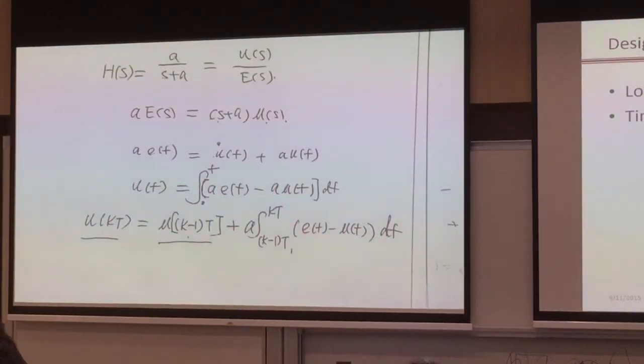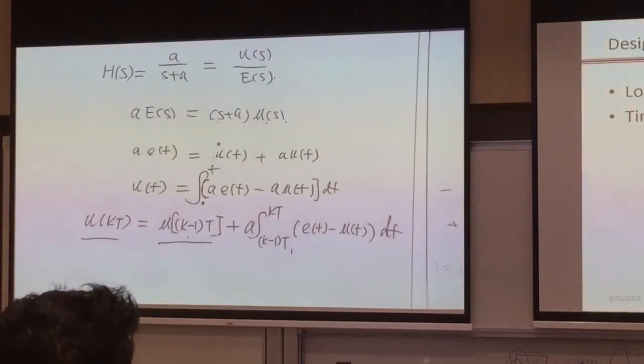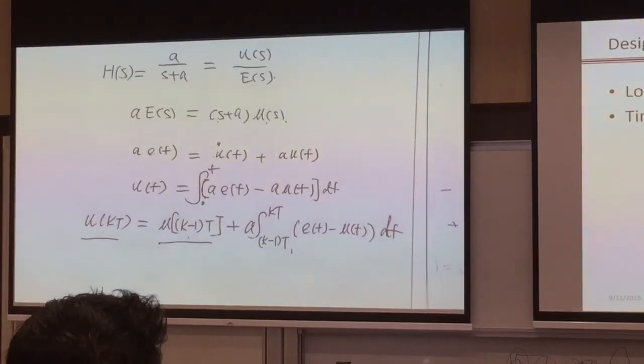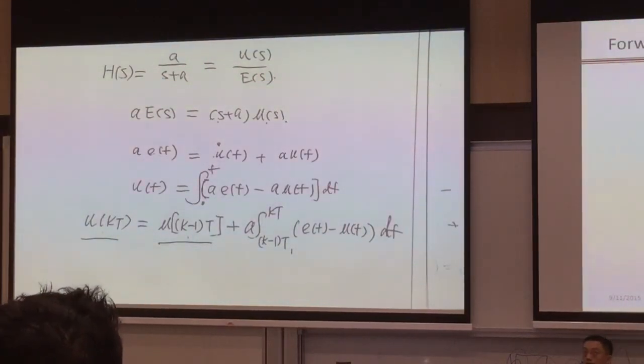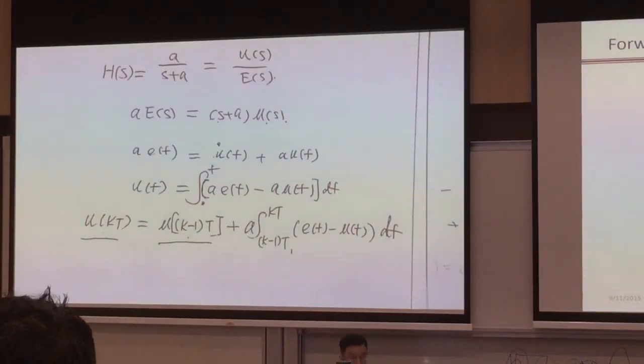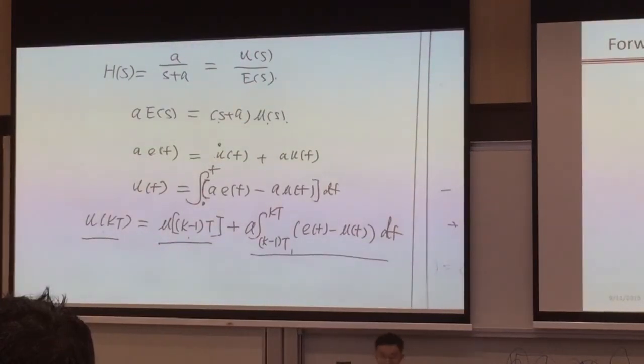This one basically is over your area, from your previous moment, (k minus 1)T, to your current moment, kT. So if you are adopting Euler's forward, what do you get? If you are using Euler's forward, then your area will become